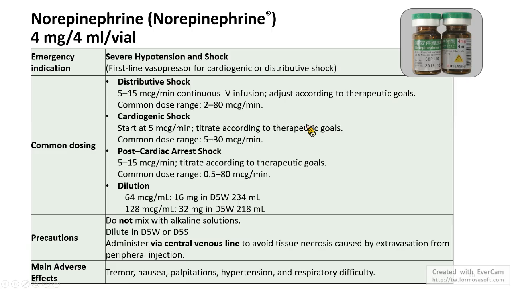So first is norepinephrine, and this is how it looks for the products in our hospital. It is indicated as the first-line pressor for cardiogenic, septic, and distributive shock. It has a different continuous infusion dose as a starting dose. And for the precaution part, you might need to dilute it to the